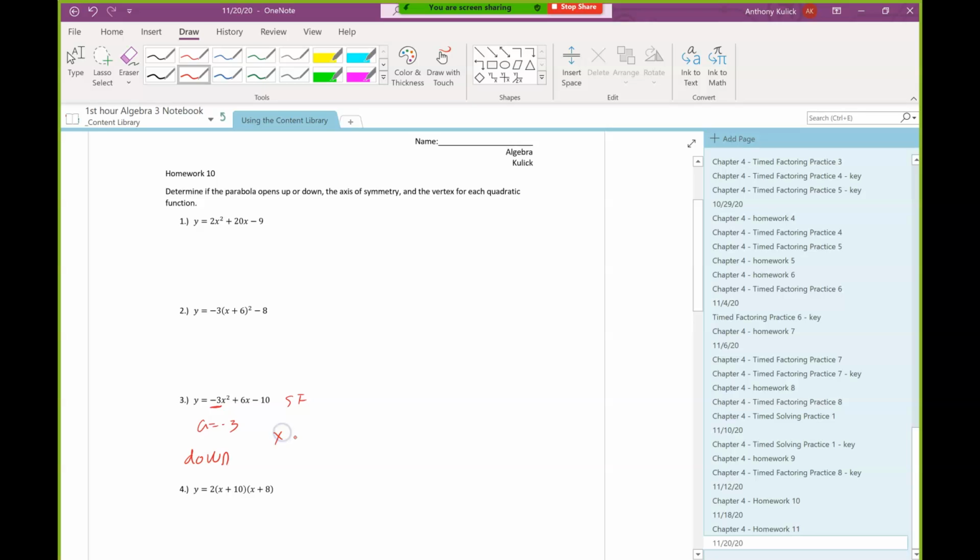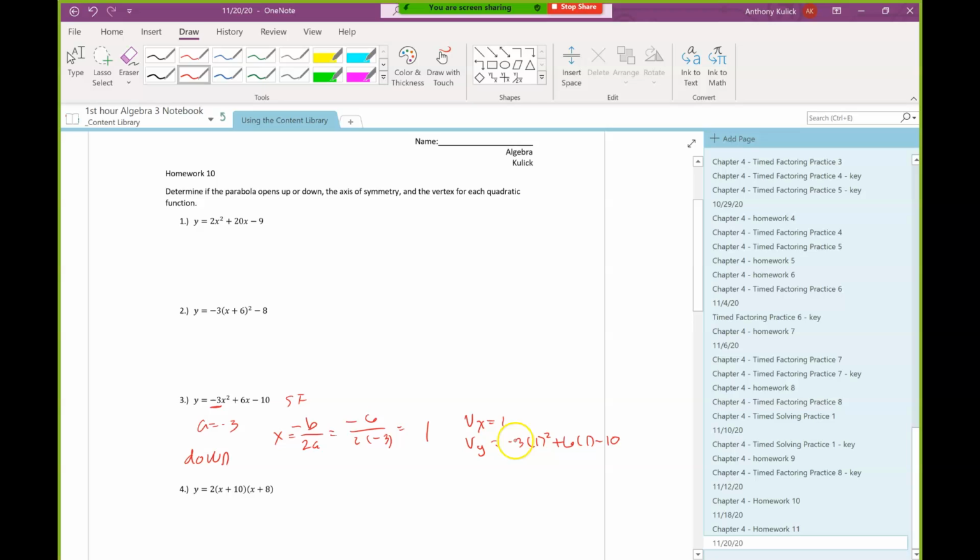Since it's standard form, the axis of symmetry is negative b over 2a. So it's going to be -6 over 2 times -3, which comes out to just be 1. So that's my axis of symmetry. And my vertex, the x-coordinate, is just the same as the axis of symmetry. And my y-coordinate I'm going to get just by plugging that value for x